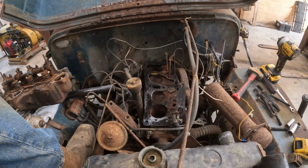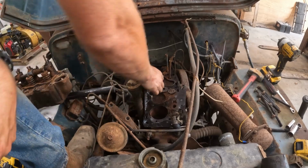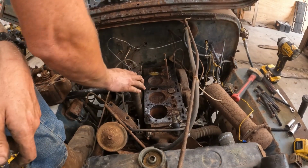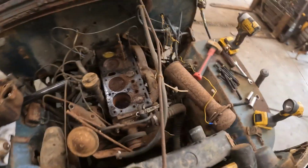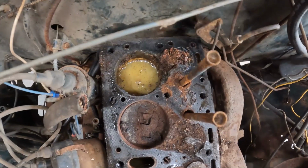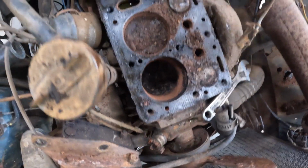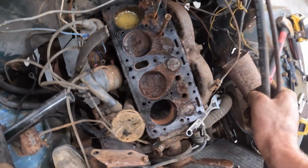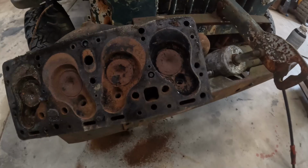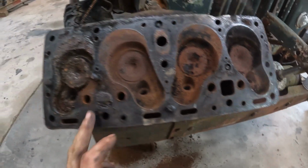Probably not the preferred method to do that. As you can see, we got one cylinder full of something, and the rest are pretty rusty. Might be able to free it up. Hard to say. So as you can see, you got 1, 2, 3. Those cylinders look savable, but